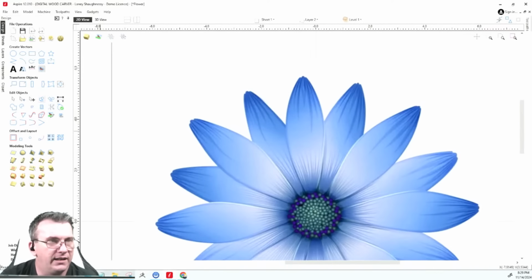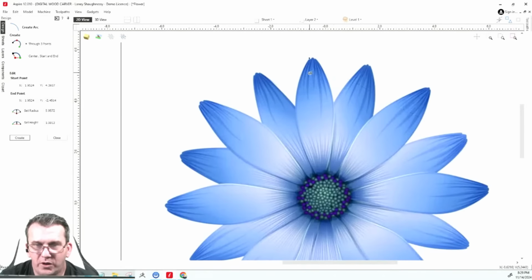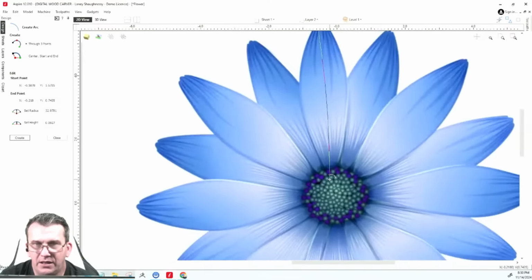Okay, let's go ahead and I'm going to use the arc tool. And like I said, I'm not going to try to get right in the center. I'm going to come off to the edge here, and I'm going to click my starting point of the arc, and I'm going to come down into this round area here, just somewhere in this general area, and click a second time. And then I'm going to pull this out to roughly get this shape. And then,